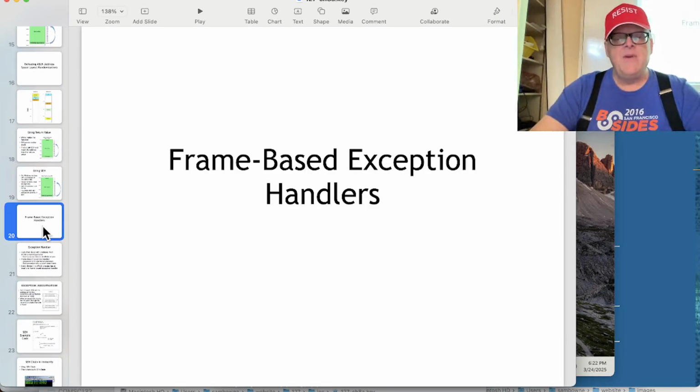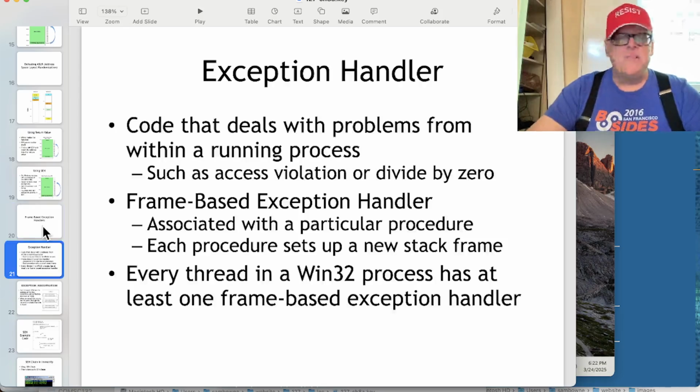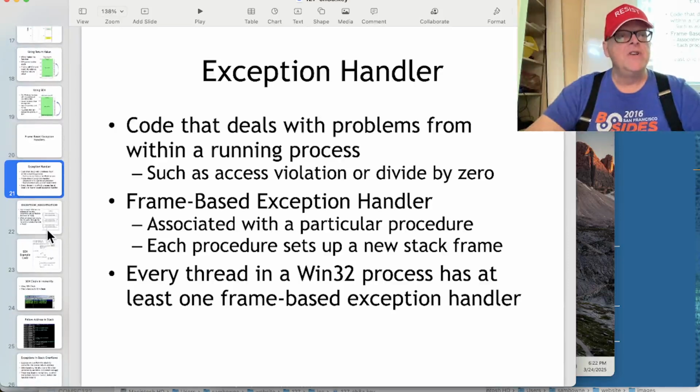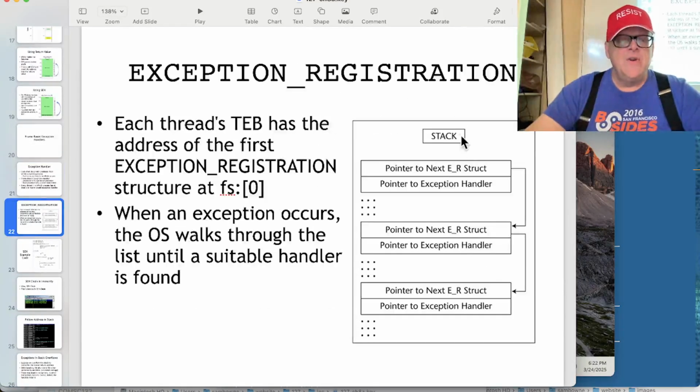All right. So anyway, then there's exception handlers. This is what Windows uses. Each procedure has its own stack frame, and it has at least one frame-based exception handler. Every thread has an exception handler, which is a list of addresses for code to use when there's an exception. Each thread environment block has an address, the exception registration structure at FS:0,